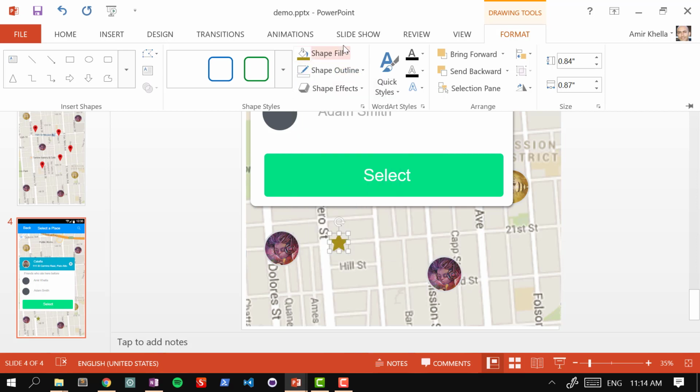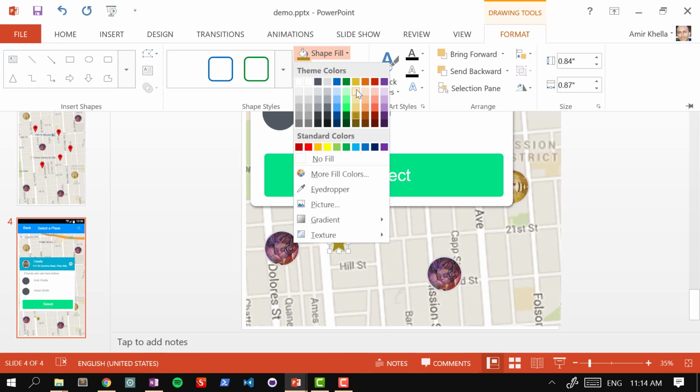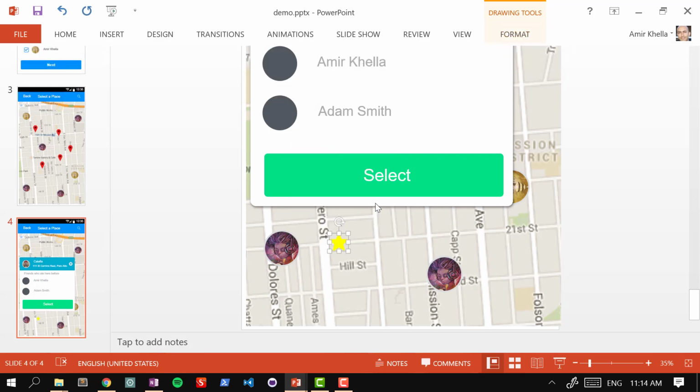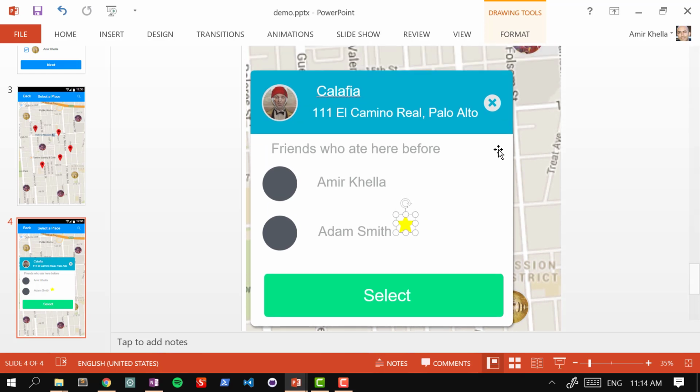So now it's a little star. I think this yellow is kind of like puke yellow, so we need a nicer yellow, real yellow. There you go. And now the shape is easier to move around without accidentally selecting the map or anything else. So what I'm gonna do is put this here, resize it,